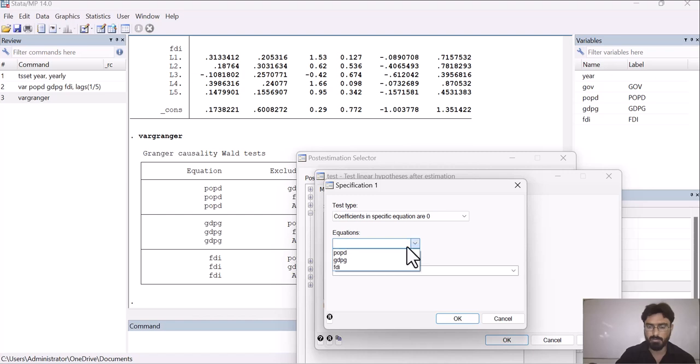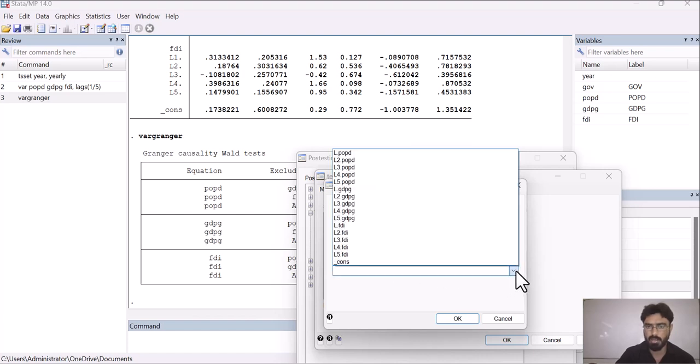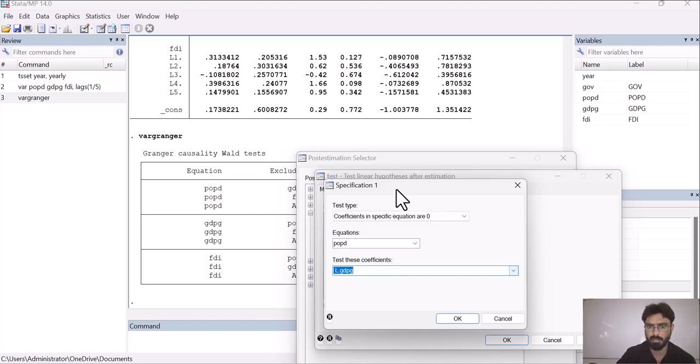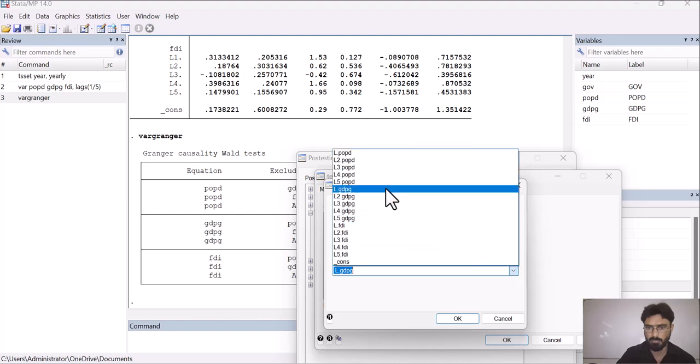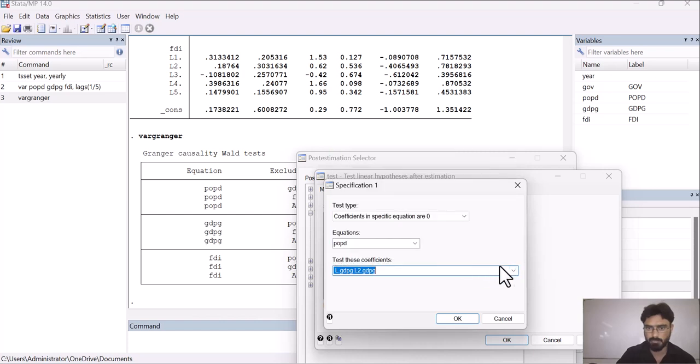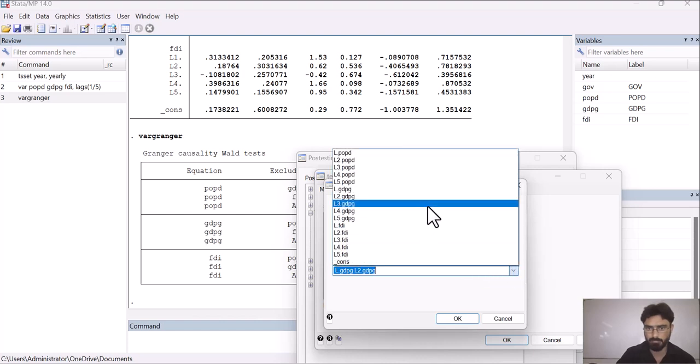Here you have to select your dependent variable. Let's suppose I am taking POPD as my dependent variable, and here you have to select out of these variables which one you want to check. Let's suppose I want to see whether all lagged values of GDP jointly affect my POPD variable or not. So I have to select all lag values of GDP.